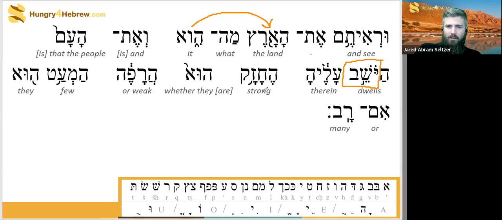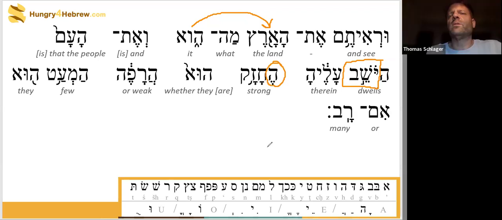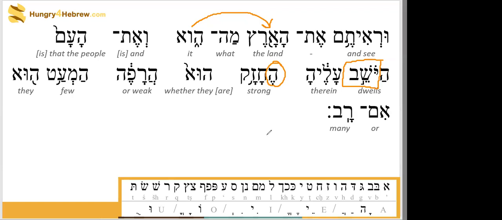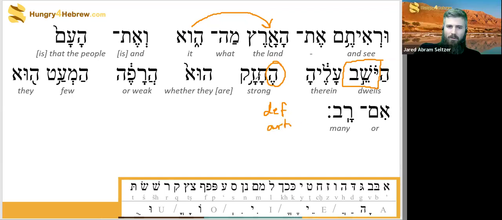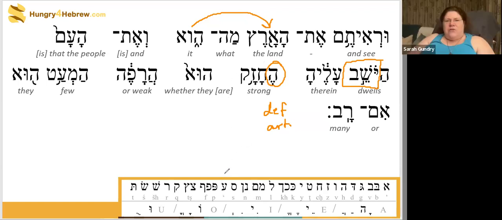Aleha, upon her, the land. Hechazak hu, what is this? That is a rule for guttural letters not pronounced in the first letter. Hey, chazak. Definite article. Yeah. The strong they, or the strong he? The strong. How do we turn this into a question? Is it the question one?